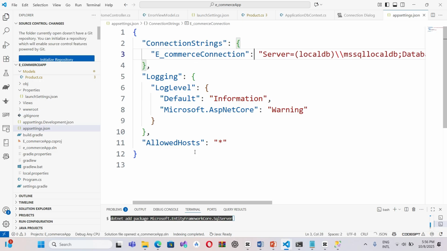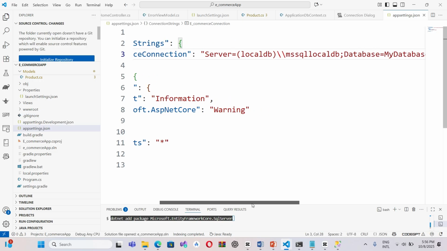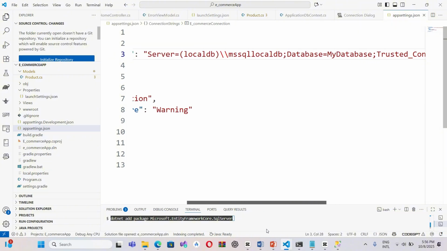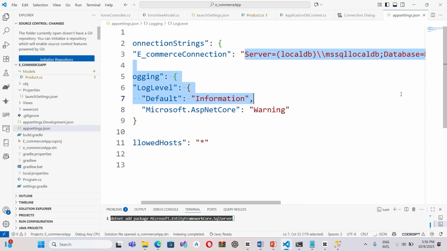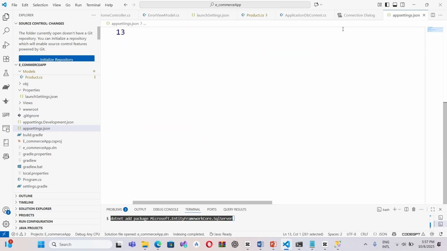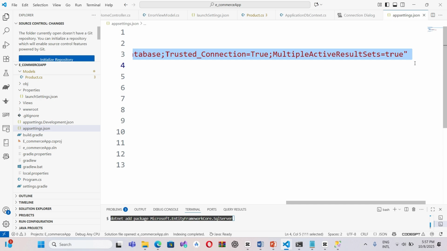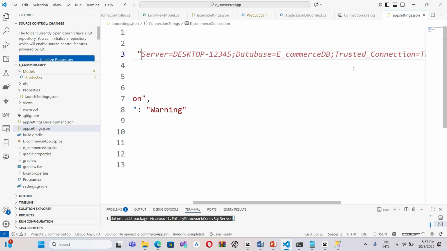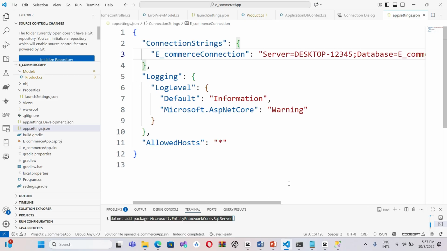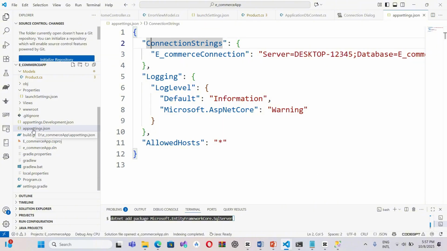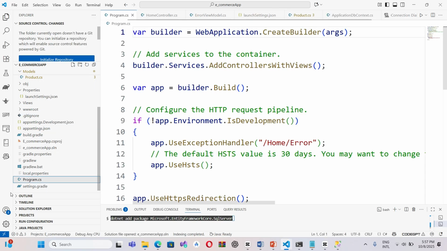Okay, e-commerce connection here, and I will replace the connection. I will replace the connection string as e-commerce DB. Okay, that's correct. After I have the connection string, we apply it in appsettings.json, and inside Program.cs,